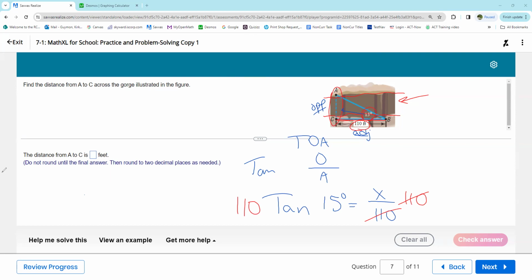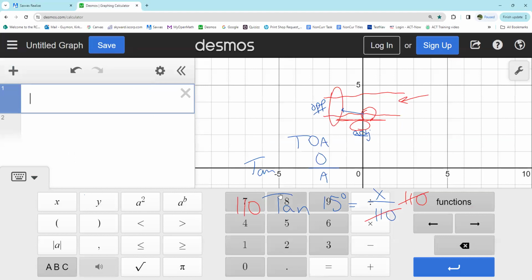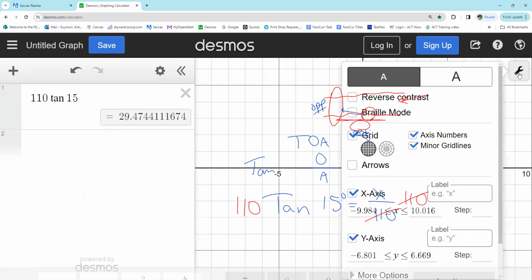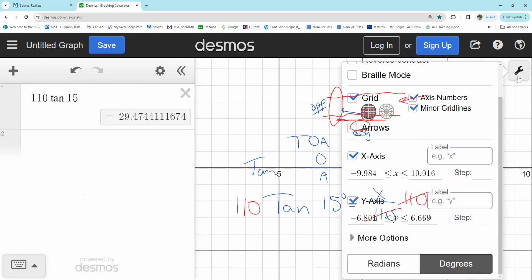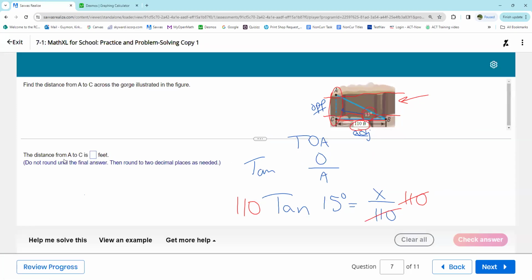switch this over and put that into Desmos. 110 times my tangent, 15, and it says 29. Double check just to be sure that we are in degrees. I think that's what I was using last. So the little wrench up here in the top right, and we're in degrees. So the 29.47 or 0.4744,